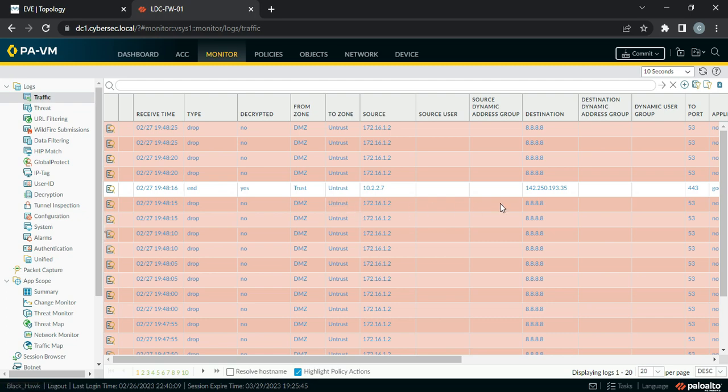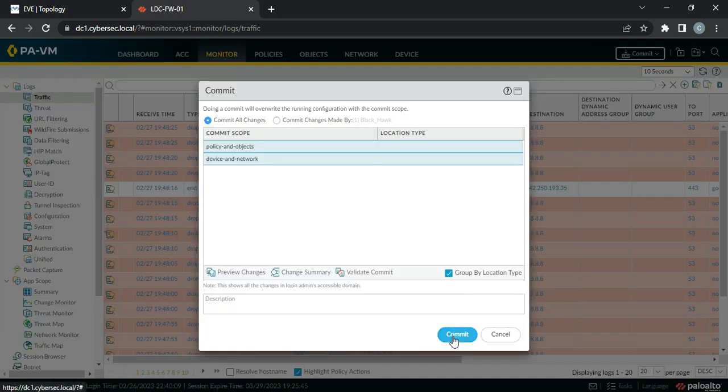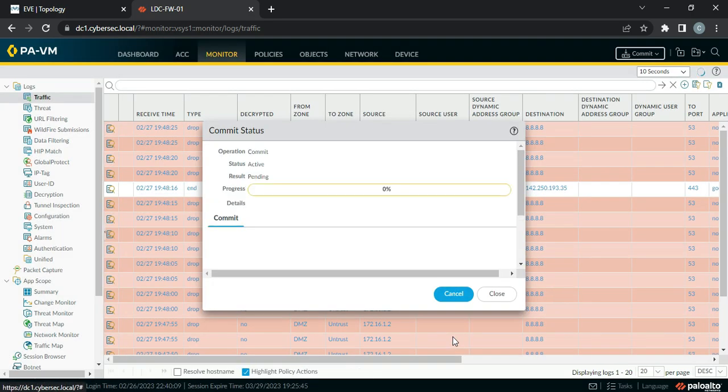Okay, so let's do one thing now. Let me just commit the changes. Whatever policies we have created, let me apply them, and let's have a look at how we are going to get the alerts and how we are going to protect our resources, right? Meanwhile, this policy is taking hit. Let me also log into the